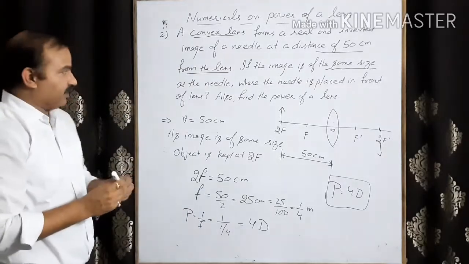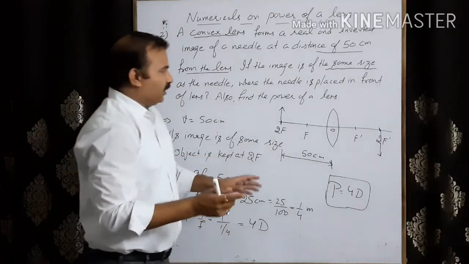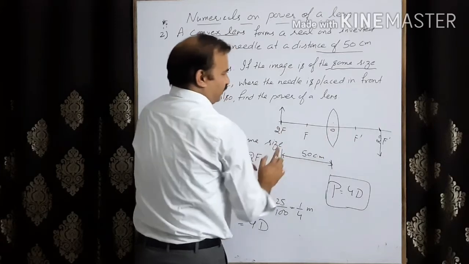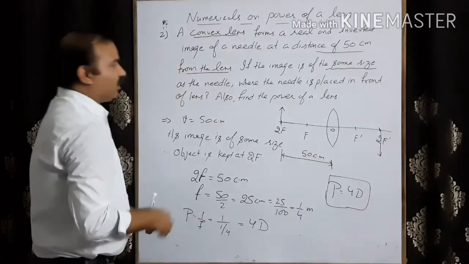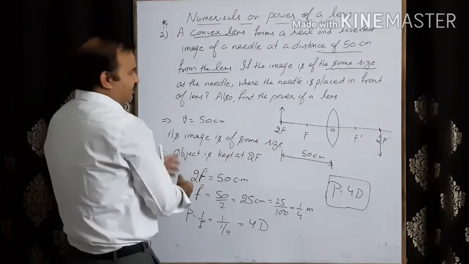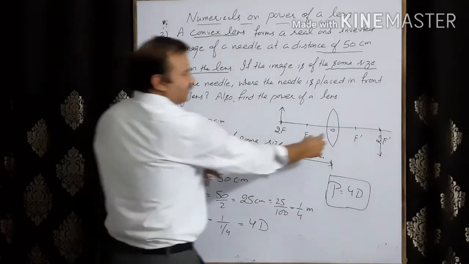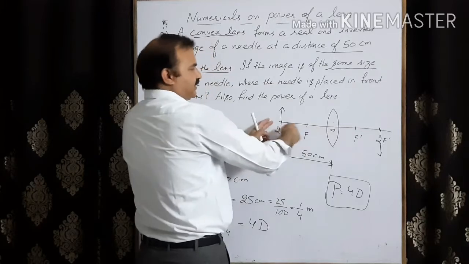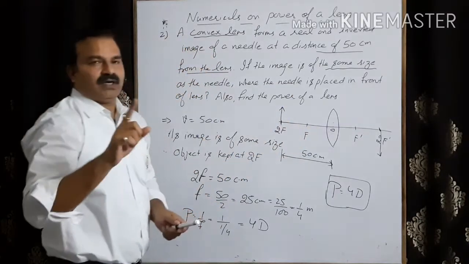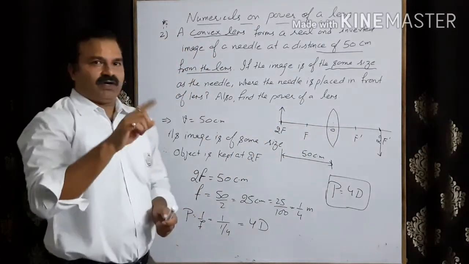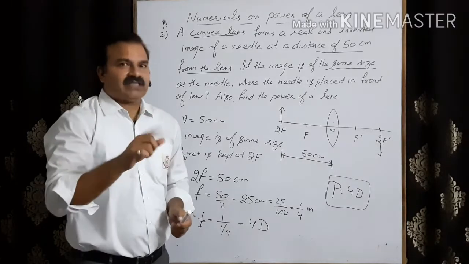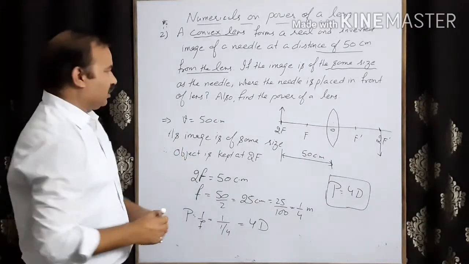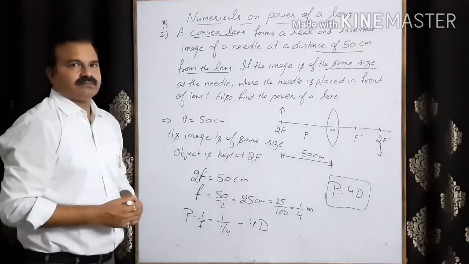One thing I have to tell you here. See, many students will be able to find that the object is at 2f. So this will be 50. So directly you can find. Otherwise, the other way is that v is given as 50, that is distance v, in plus 50, distance u, that is minus 50, from the lens formula, 1 upon f is equal to 1 upon v minus 1 upon u. From there also you can find the f, but that will be a little bit long, so solve this way.